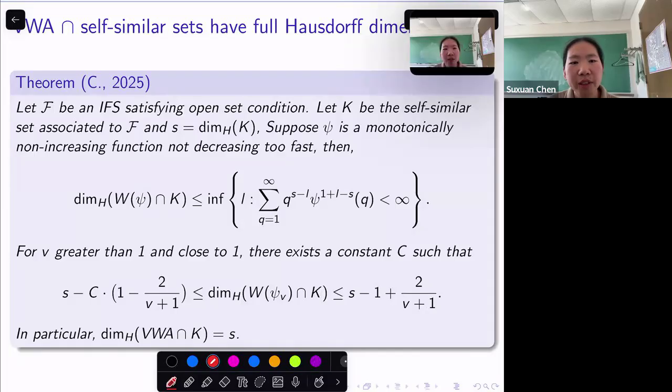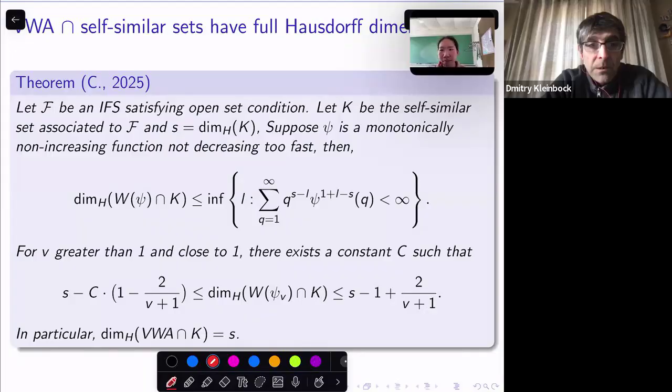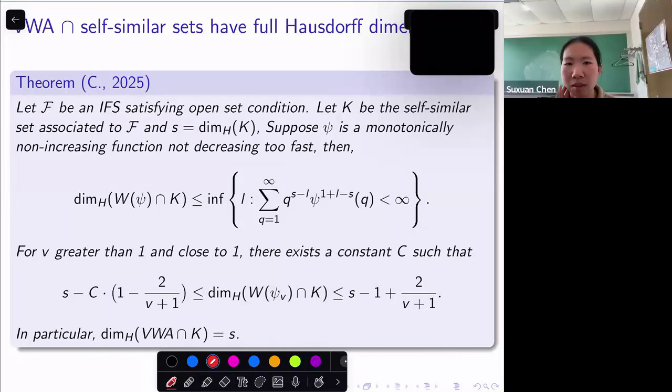How close V is to 1 is determined by the rate of effective equidistribution. But is it the same for all fractals, or does it depend on K? It depends on,